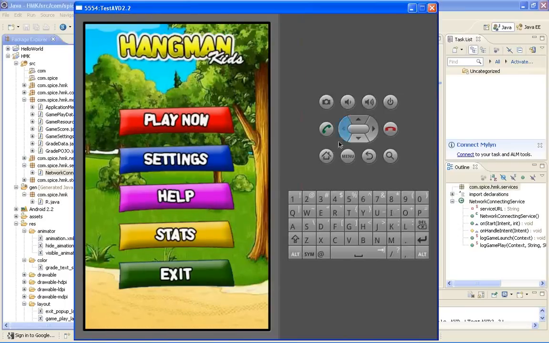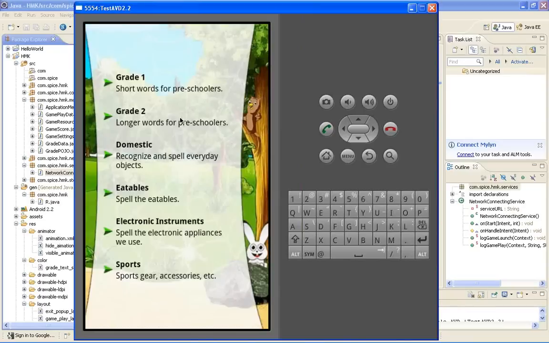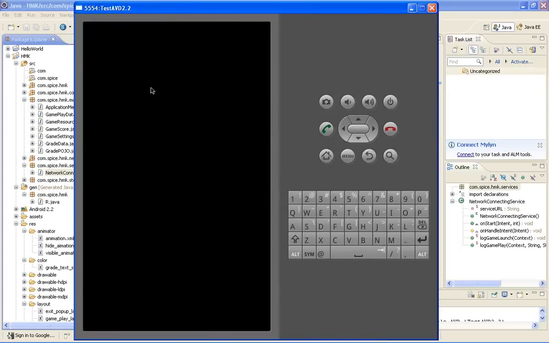So this is the application, and the user can go to the game, the settings, help, stats, and come out. There's a list of series of words based on grades and ease of use and difficulty of use.